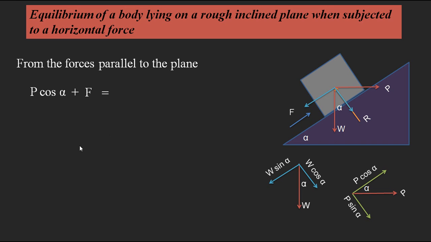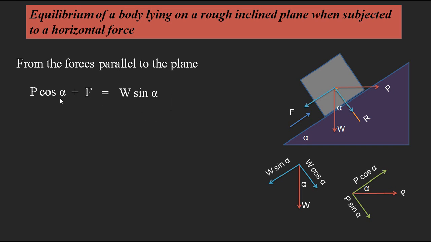Next, that should be equal to W sin alpha, which is related to the load. In the forces parallel to the inclined plane, P cos alpha is one, F is one, and W sin alpha is acting opposite to these two forces. So the equilibrium condition means the sum of the forces is equal to 0,